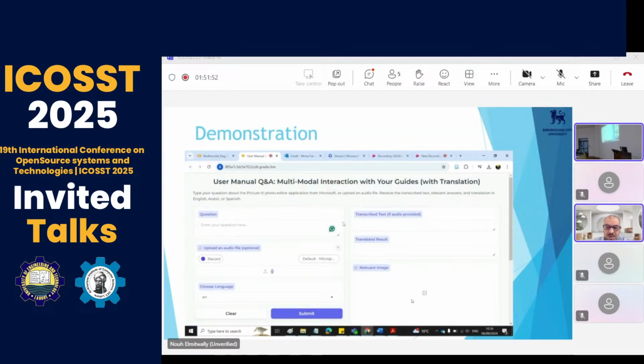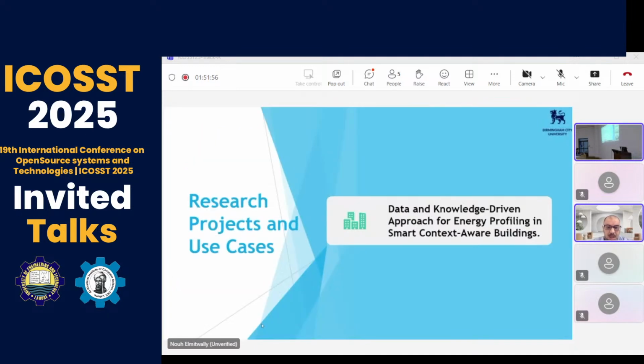According to the relevant image section, as you can see. So the second one, I'm going to introduce what this project is about: a smart building. How is a smart building used for energy provision? As you can see, the background for this project is that in our cities, we are becoming smarter, so how do we optimize